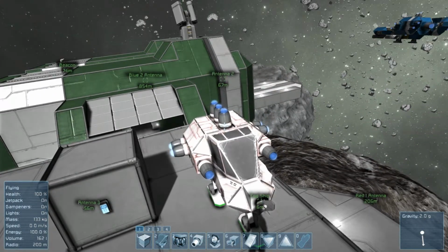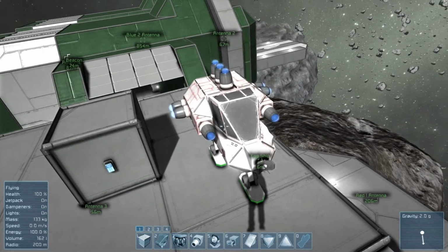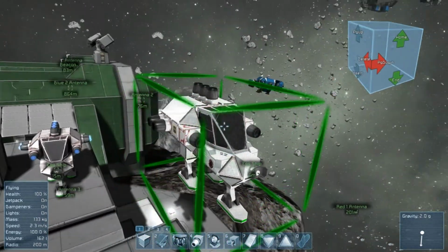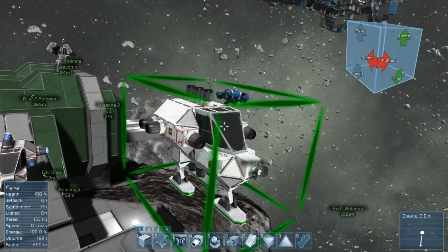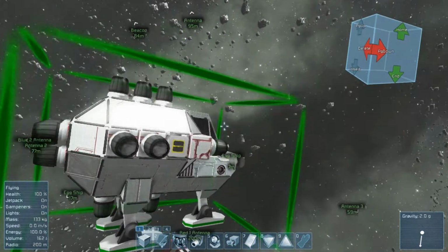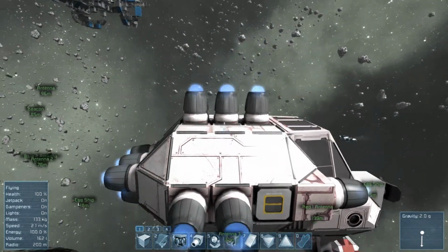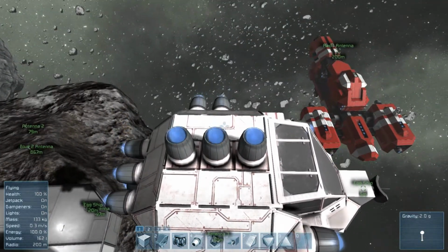So rather than mess with our original egg ship, I'm going to make a copy. Because I'm in creative mode, this is something I can do. This copy of the original egg ship is what we're going to work with. This is going to be our egg ship Mark II. So one thing I'd like to start off with right away